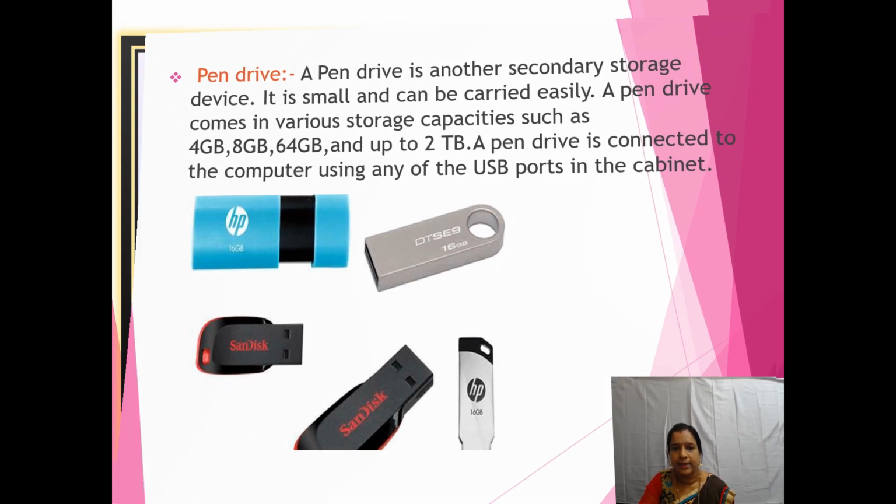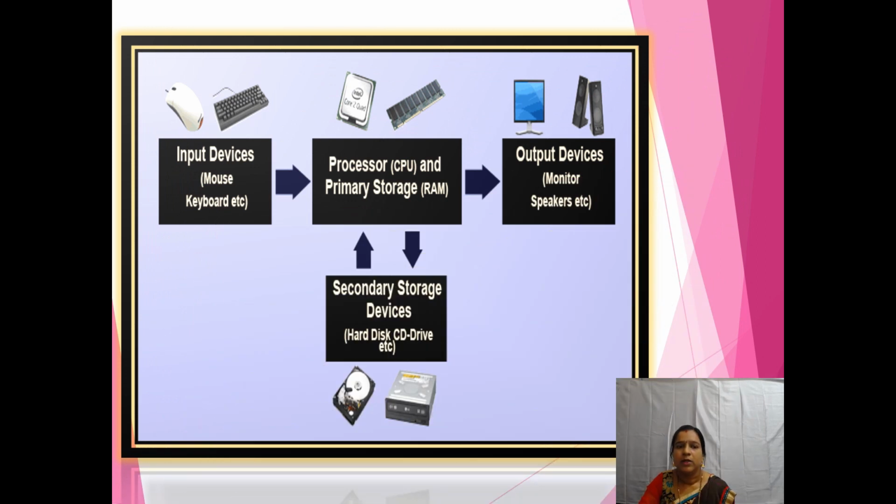Next, this is the shortcut for whatever process is carried out in our computer. First is the input device. You know the mouse and keyboard, with which we give input to the computer. Then next, processing. Whatever data is given to the computer is converted in the system. Then it can be stored. You can store the file in your primary memory,